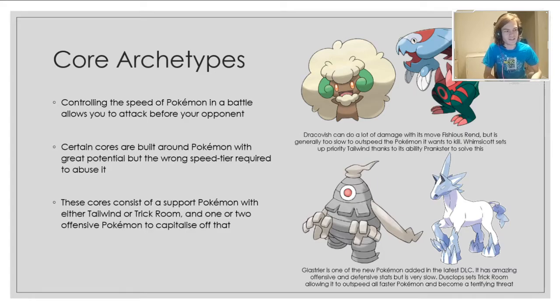Now, Glastrier is an ice type that was released in the latest DLC, and to say it is slightly broken would be a mild understatement, but it's just a really, really powerful ice type at the moment. One of the few good ice types at the moment, so if you're a fan of them, definitely have a look at it. But,